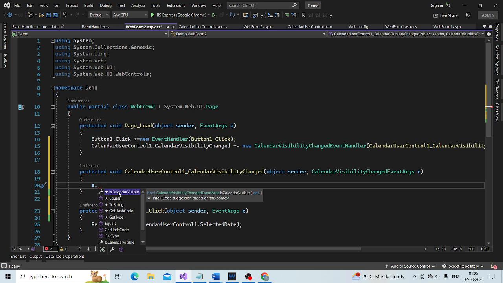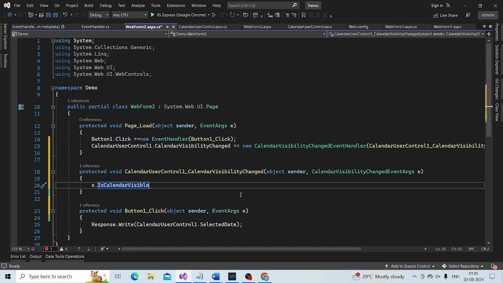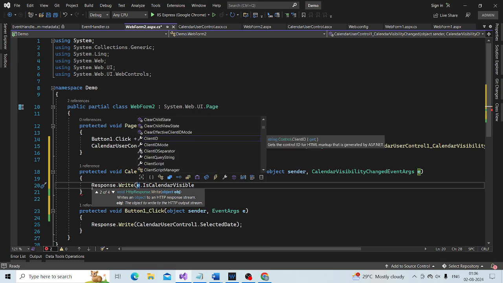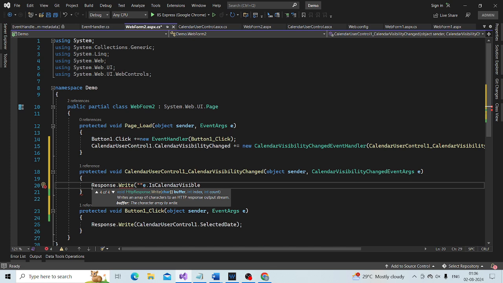What I basically want to do is print a message on the web form when that event happens, so Response.Write.